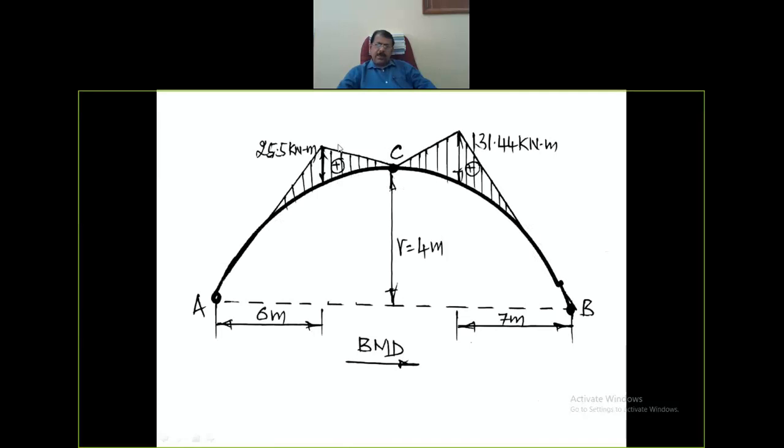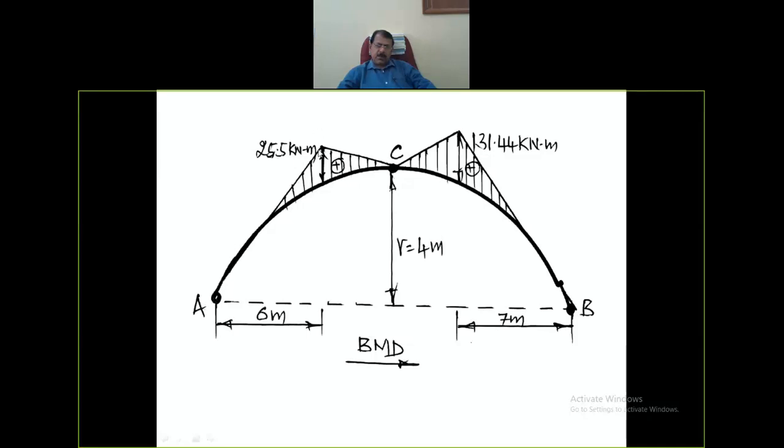After knowing bending moment, draw bending moment diagram. For drawing bending moment diagram, draw the arch axis. Treat that as the reference point or baseline. Mark positive values above the reference axis and negative values below the reference axis. Here both the bending moments are positive because of the nature of the load, it was given in the problem as point load. The value of the bending moment at a distance of 6 meter measured from A is 25.5 kilonewton meter.